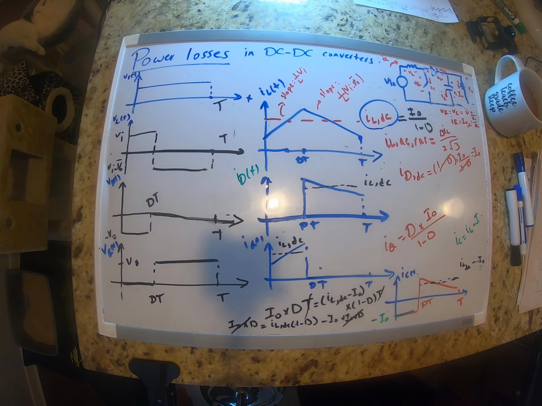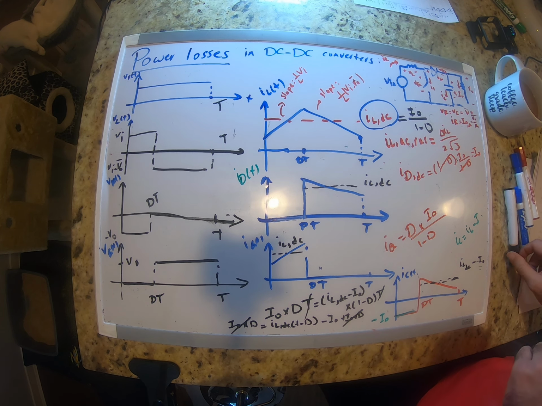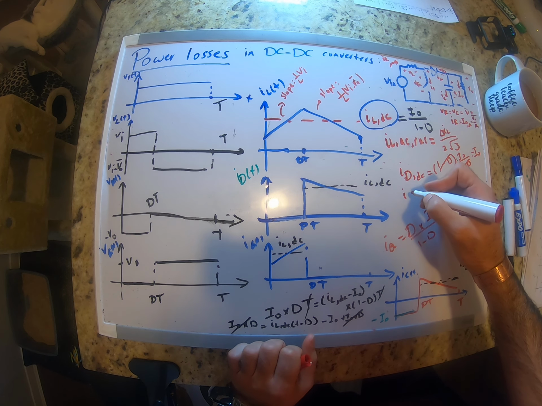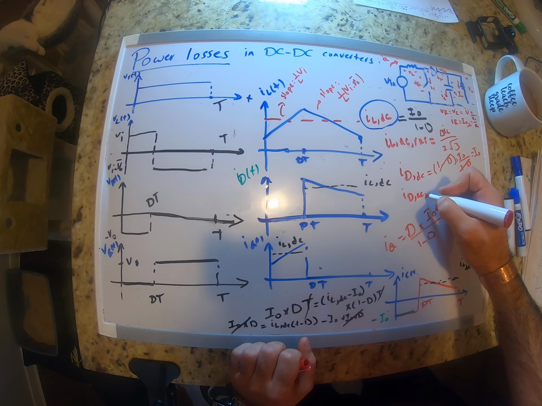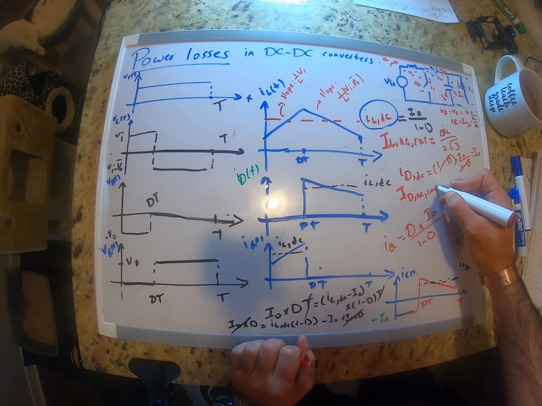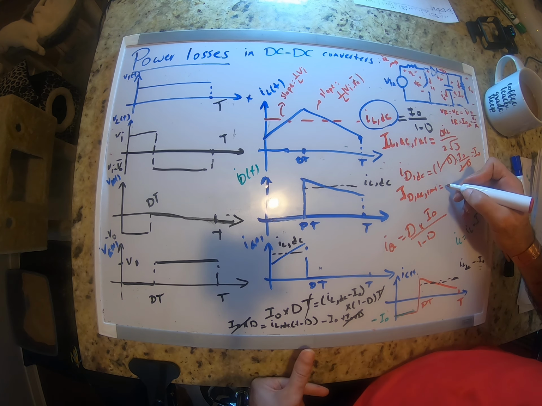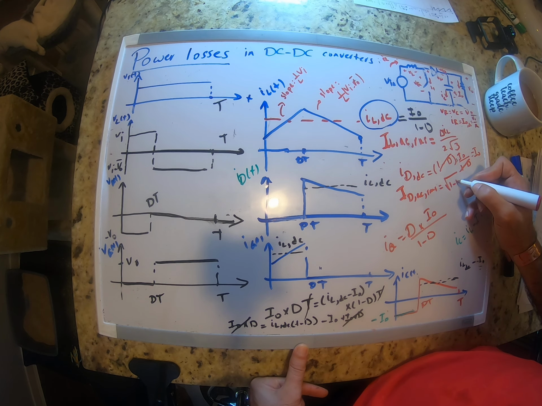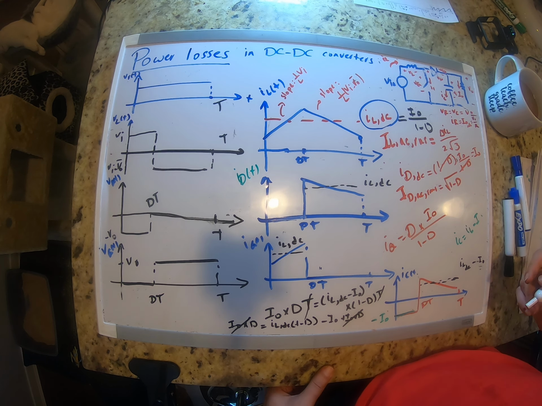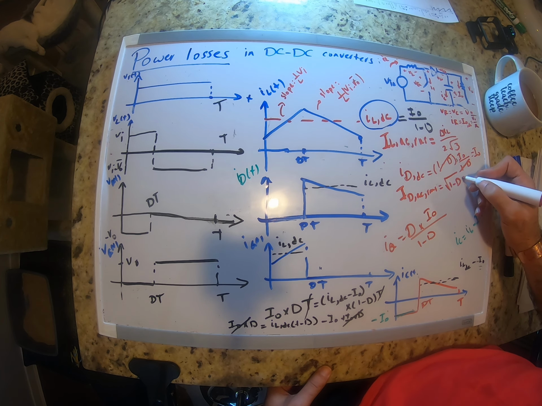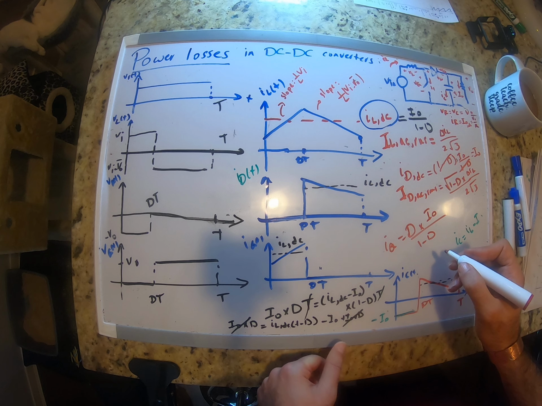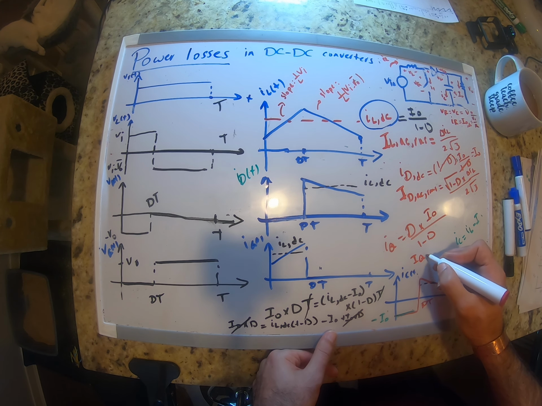Okay. Let's calculate the RMS values for ID AC RMS. RMS is equal to the square root of (1 minus D) times ILAC RMS, right? So it's going to be times delta IL divided by 2 root 3. And for this one, IQAC